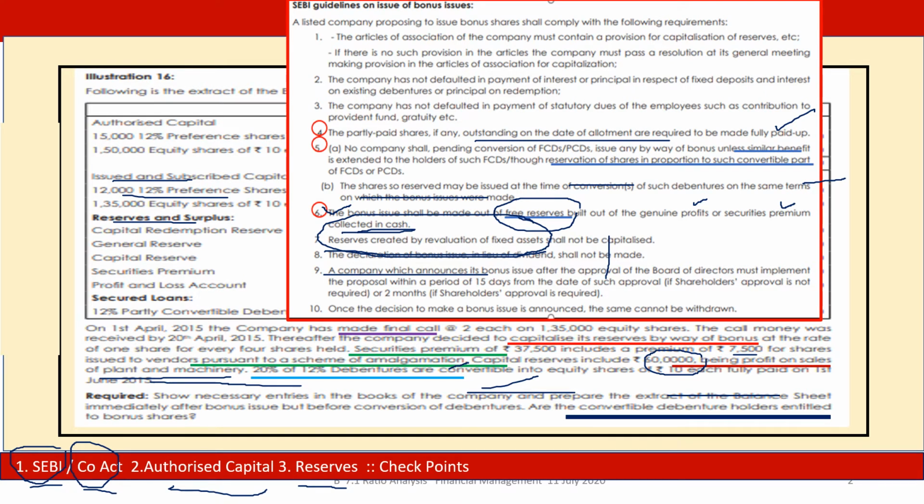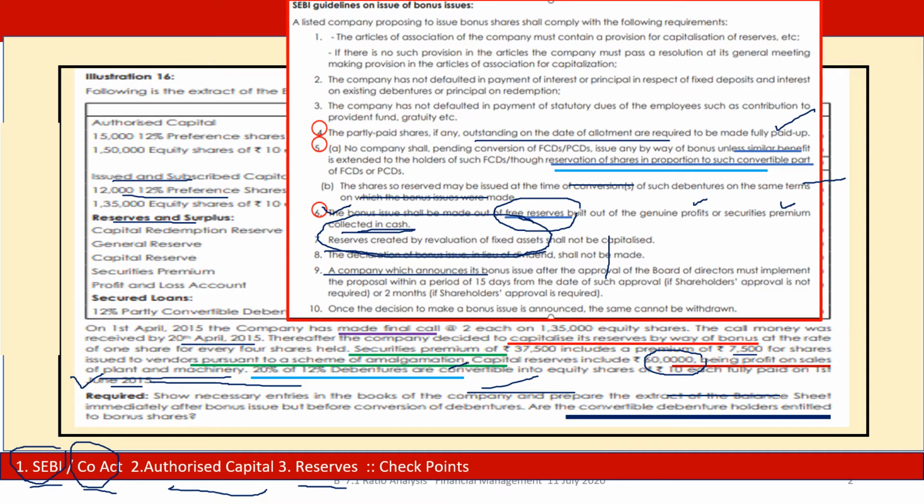Then comes one more. 20% of 12% debentures are convertible into equity shares of ₹10 each fully paid on 1st June 2015. See, the bonus issue is being considered around 20th of April, but there is a conversion due in 2 months. Is there any obligation of the company? Refer once again to the SEBI circular